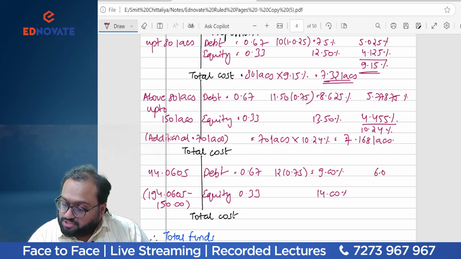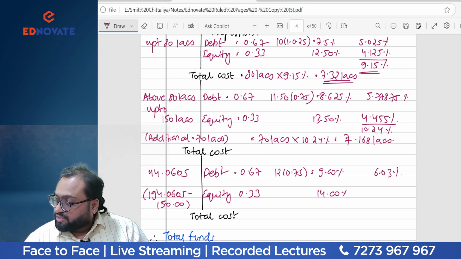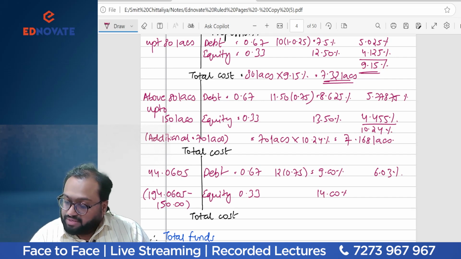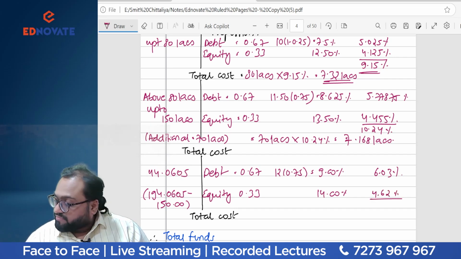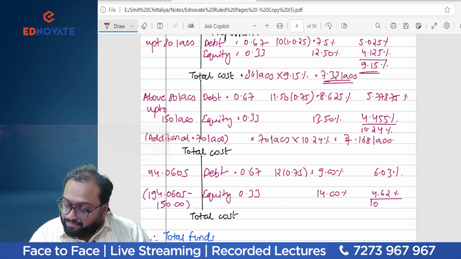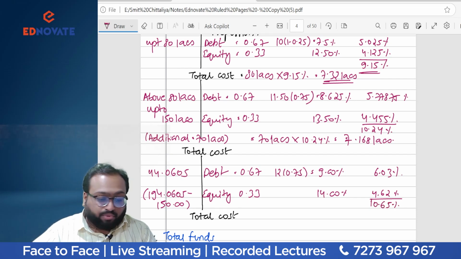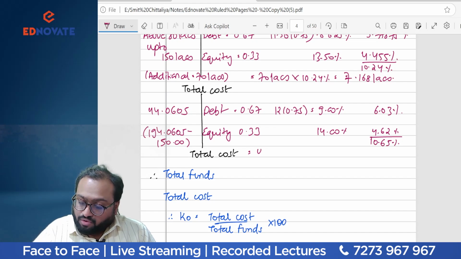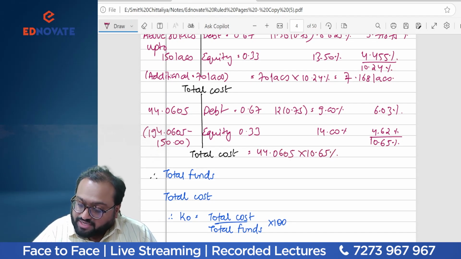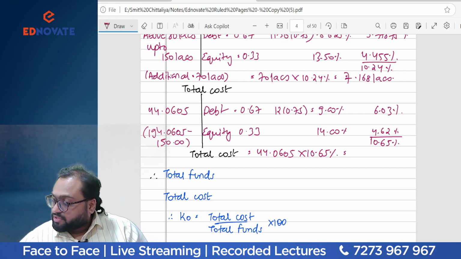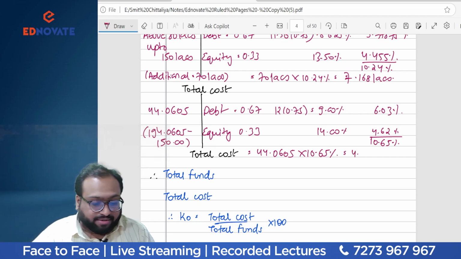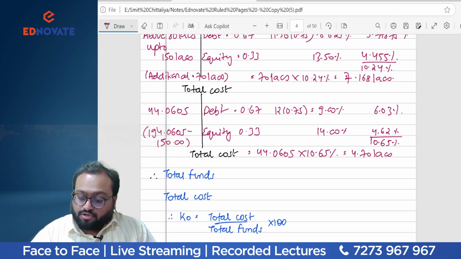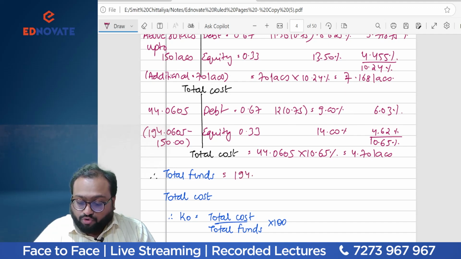It will be 6.03%, and 0.33 into 14% will be 4.62 percentage. Total will come to 10.65 percentage, and 10.65 is the cost for raising 44.0605 into 10.65 percentage, which will be 4.70 lakhs. So if you see, total funds raised are 194.0605 lakhs, and the total cost incurred will be the